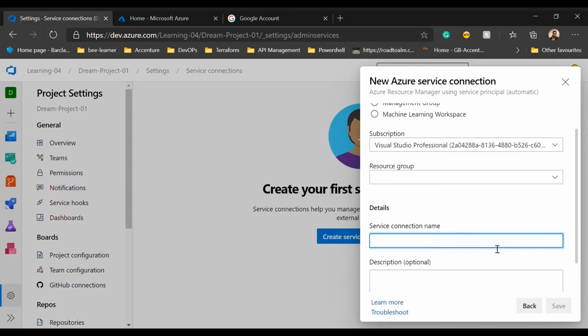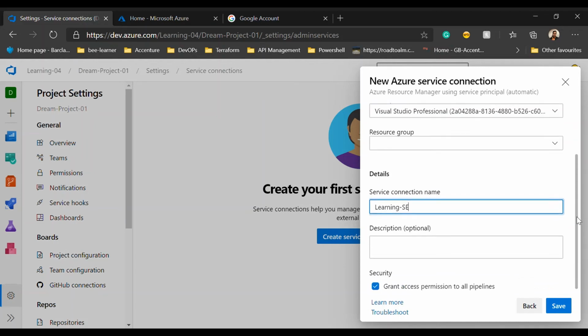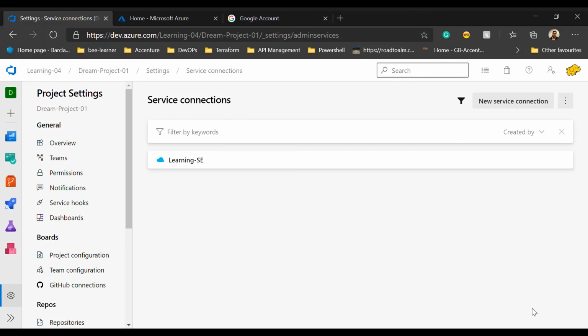Now provide the name of your resource group connection. Here I am going to provide learning SC service endpoint. Once you have the details available, click on save. It is setting up the connection. Basically it will create the service endpoint on your behalf,